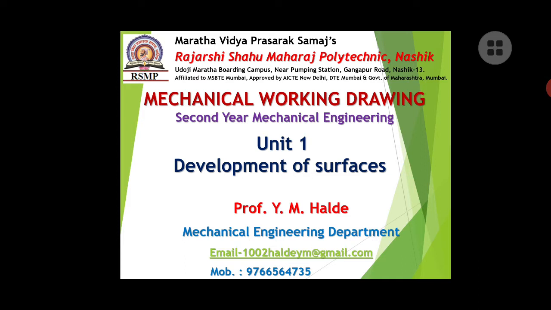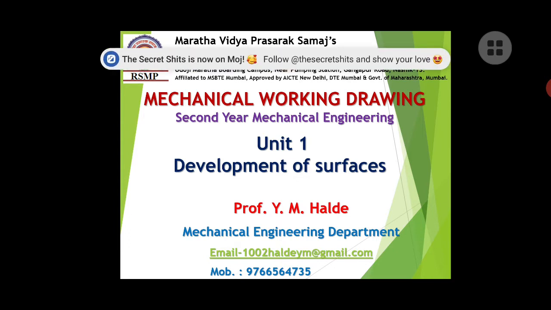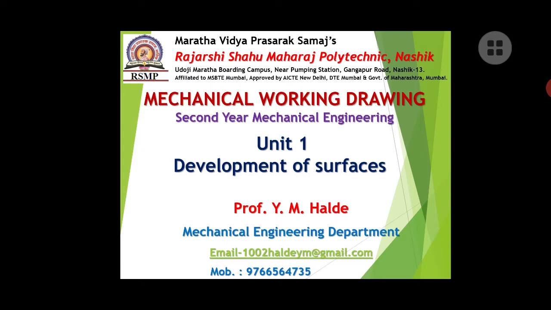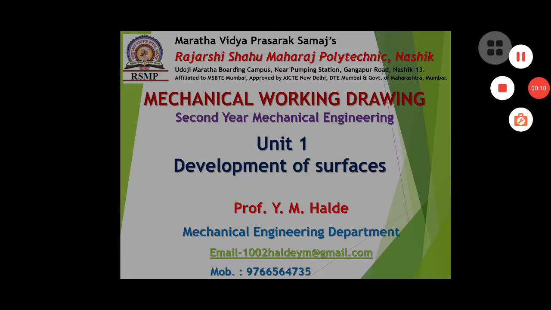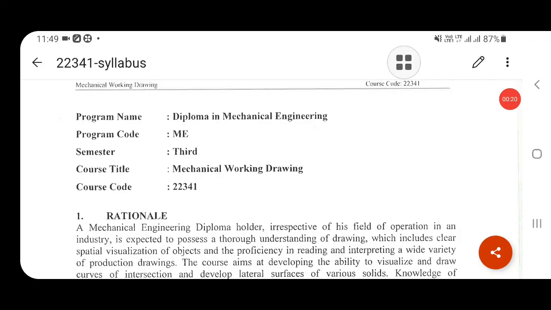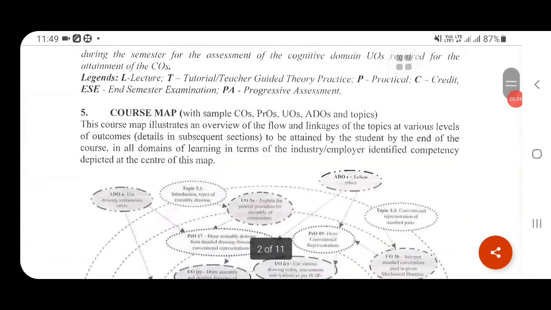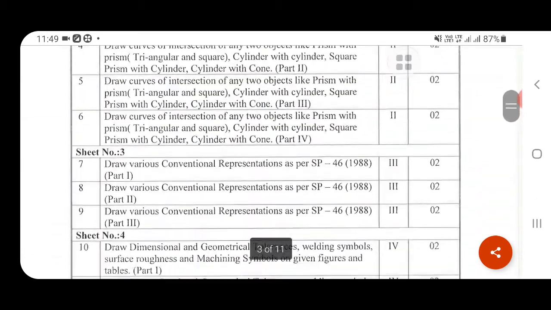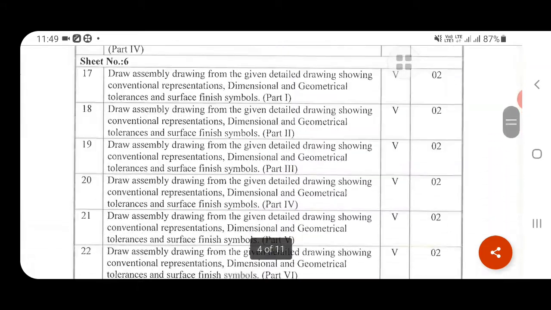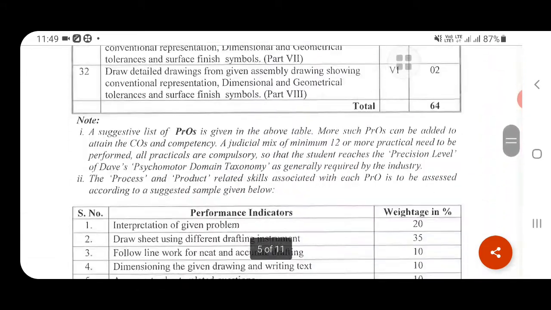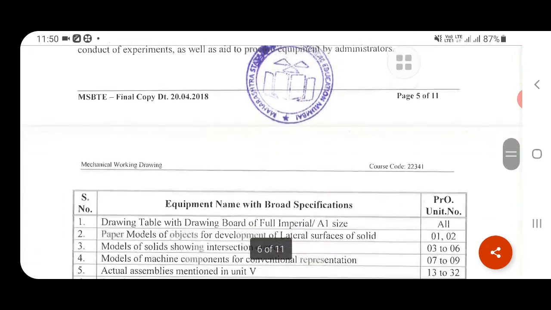Today we will see the syllabus of mechanical working drawing. In that we start the total chapters and their distribution. So let's start. Let's see the chapter wise distribution of the MWD subject. So firstly we recall